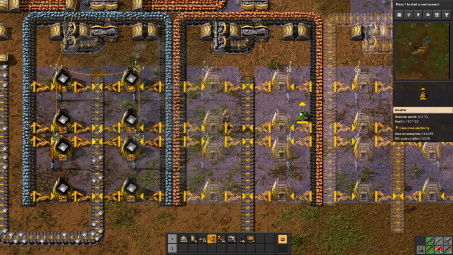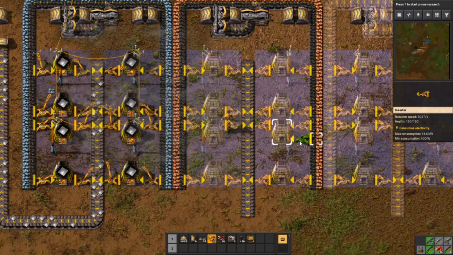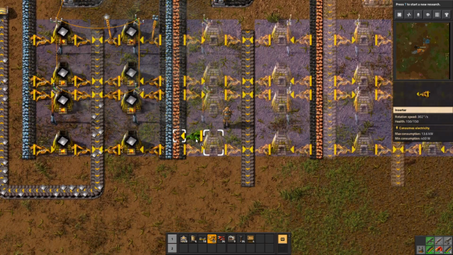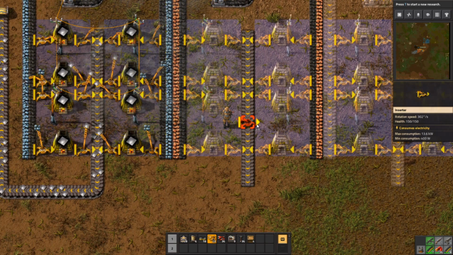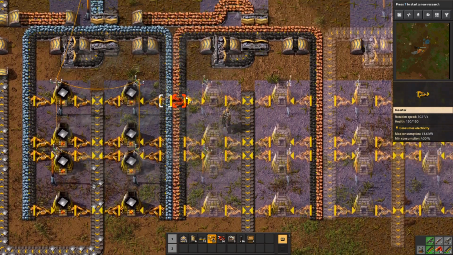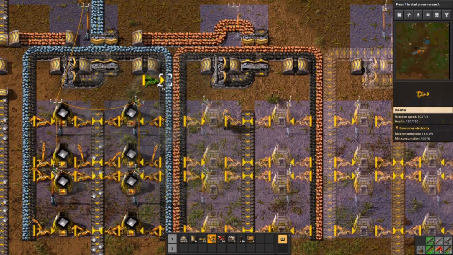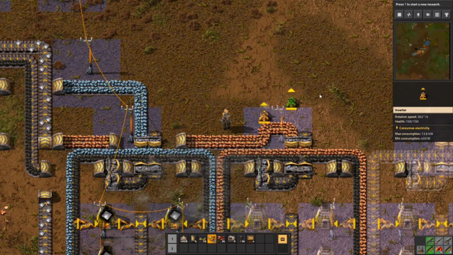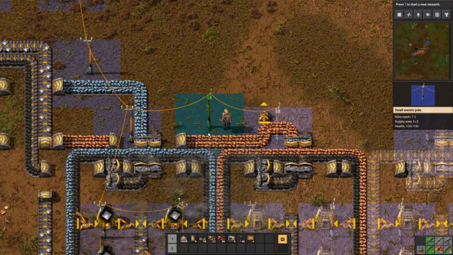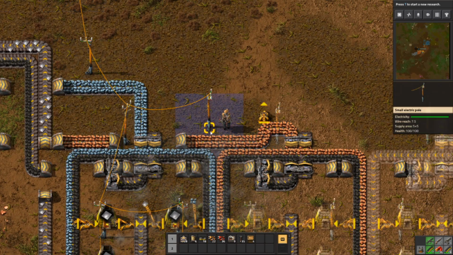This is worth noting. Let's see where I can do it here. Let's do it right here. There's nowhere good to do it. Normally, let's do it up here. Normally, if you place a, this actually needs power. If you place a